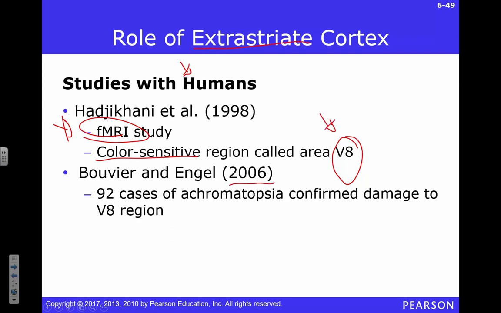This particular study was pretty impressive, because it actually had 92 people, which is a pretty high number for a clinical study like this. They were not able to see color at all, but there was not a problem with their retina. That's the first thing you have to check, right? Because if somebody says, oh, I don't see any colors, you want to check their retina to see if they have cones. All of these folks had functioning cones, right? And so everything was good up until you get to V8. All 92 of these individuals had damage to the brain region V8, and so that's why they were not able to process color information.